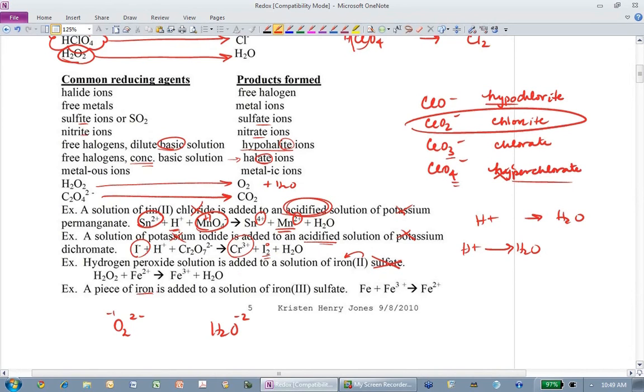Then a piece of iron, that's the metal. It's a word implying solid. So the metal iron is added to a solution of iron 3 sulfate. Again, this is a spectator. So we're just going to have Fe plus Fe3, and both of them land at Fe2 plus, because one of them had to be oxidized, one had to be reduced. So which was which? Well, that one's reduced, so this one's oxidized. This is a